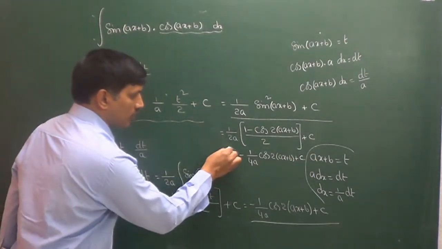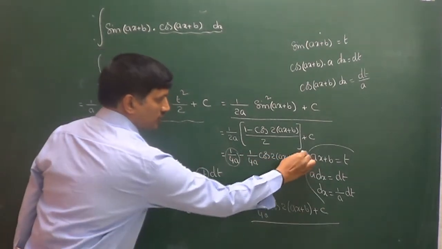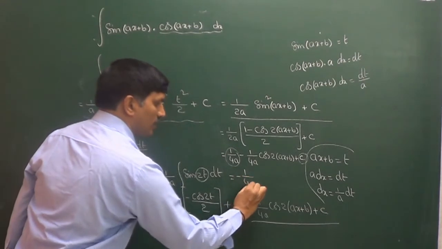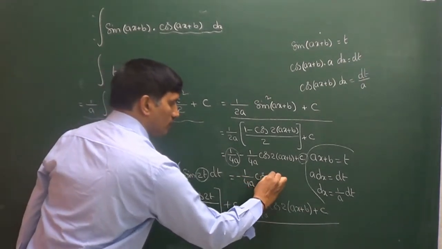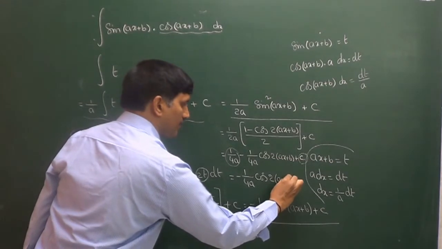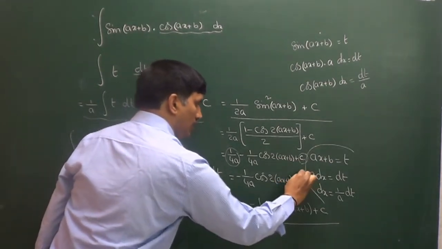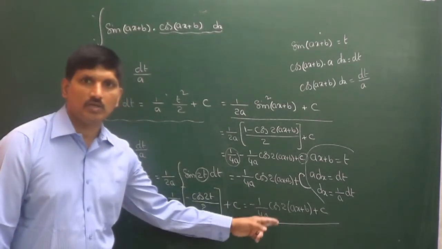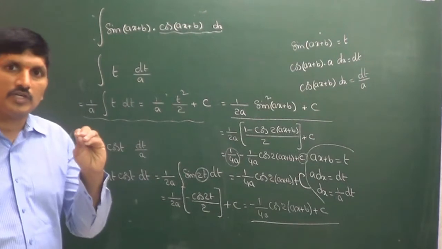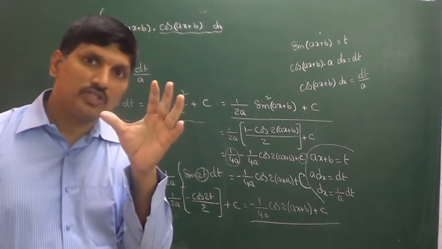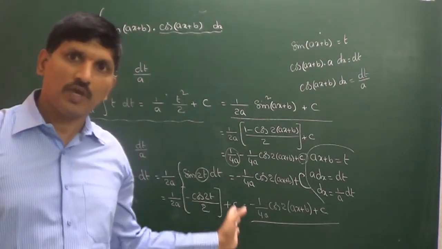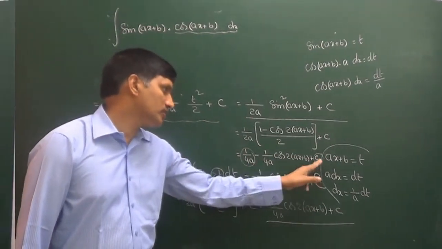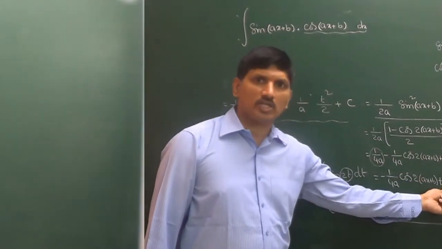Now this is also a constant. This is also a constant. We can combine both the constants, so we can write the answer as minus 1 by 4a into cos of 2 into ax plus b plus the constant of integration. So here and here we got the same answer. That's why if the answers we are getting differ by a constant, no need to worry, because of this constant of integration. It's a constant, and this is also a constant. If you combine these two, you will get another constant, right?